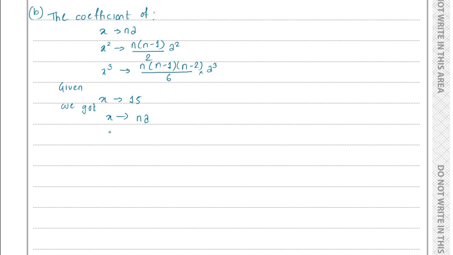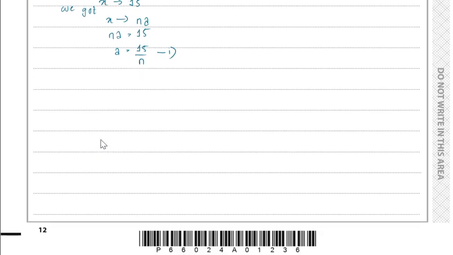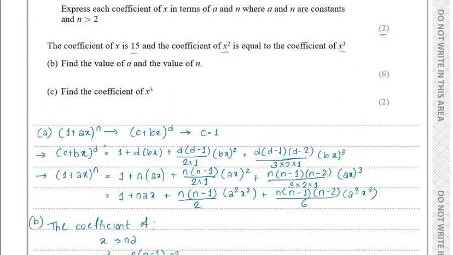So we can just equate this. So na would be equal to 15 and a would be equal to 15 by n, which I would say would be equation 1 for us. And we are saying that the coefficient of x square is equal to the coefficient of